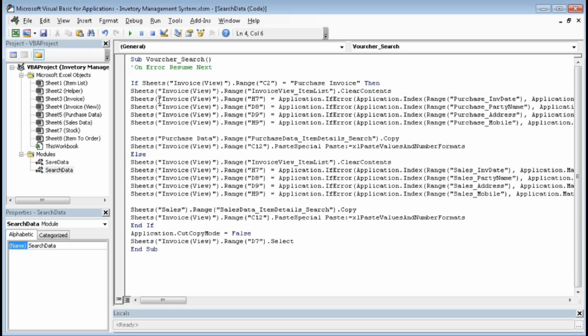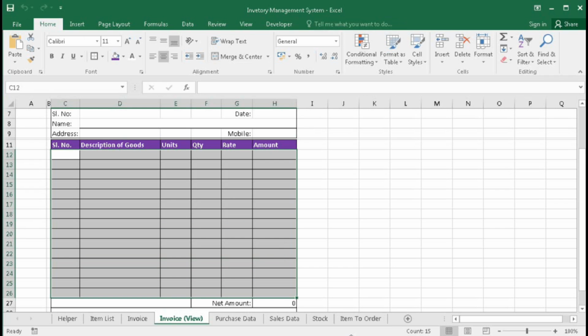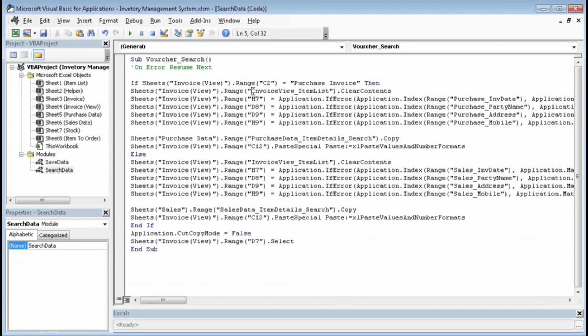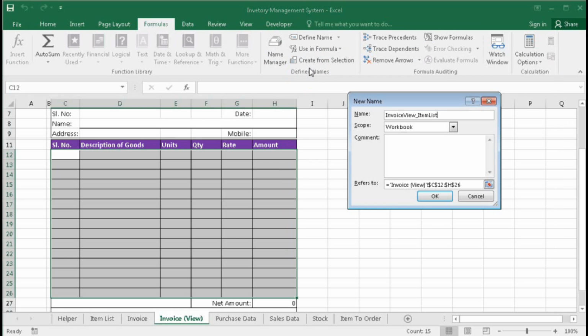So what is this? Here you can see first sheets invoice view range invoice view list clear content. So invoice view item list clear content is this one. We have to name range it. So what is the name? Select this one, copy here, go to name manager, new, paste it.